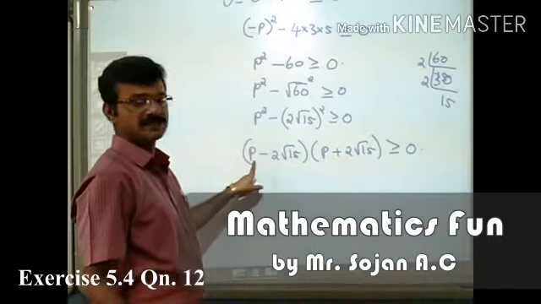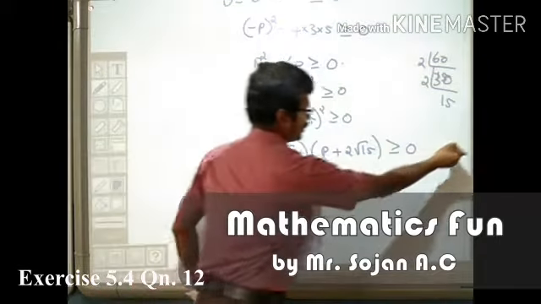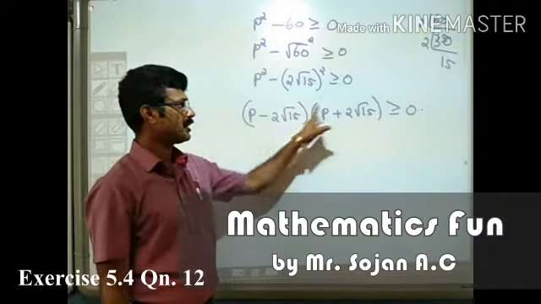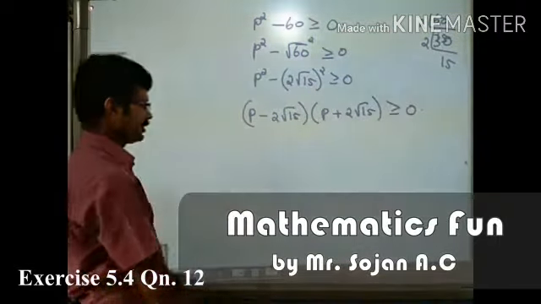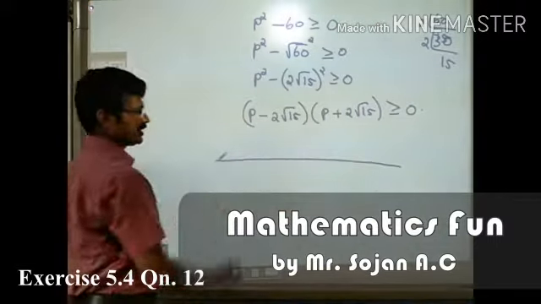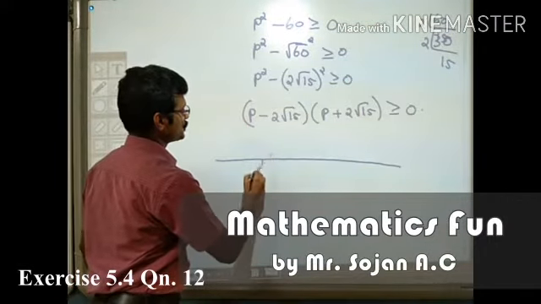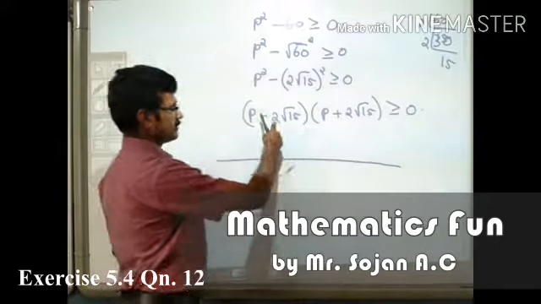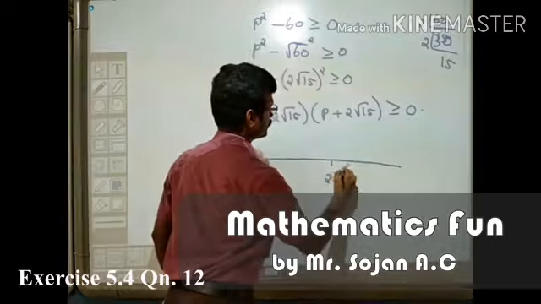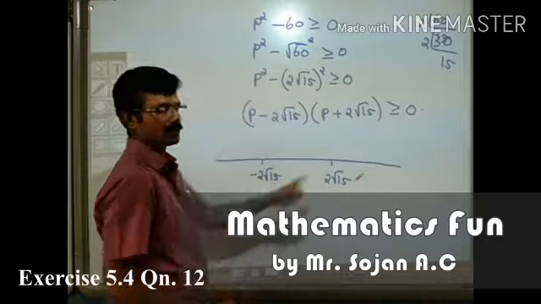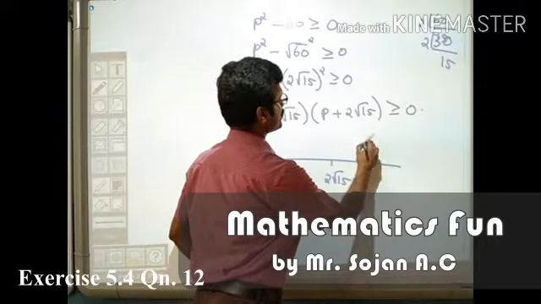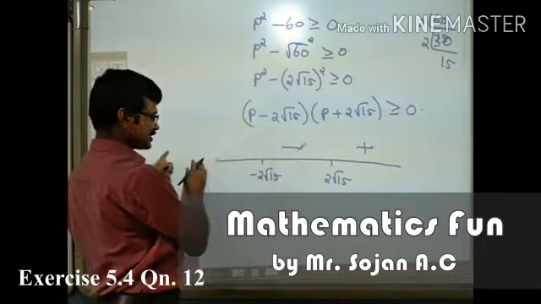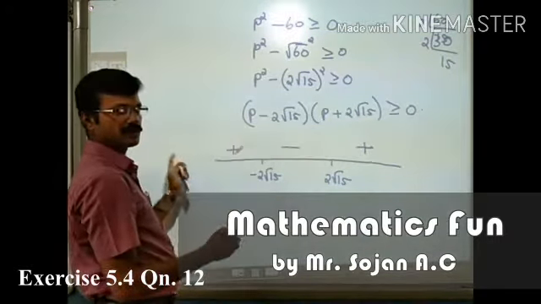See, it is the stage we reach, like method of interval. If you observe, here the critical points are 2 root 15 and minus 2 root 15. So we'll arrange those numbers in ascending order. So minus 2 root 15 from here, and from here I will get 2 root 15. Then in method of interval, this side we will put a plus, that is this region is plus, then from here to here it is minus, and this side it is plus. So this is the method of interval.